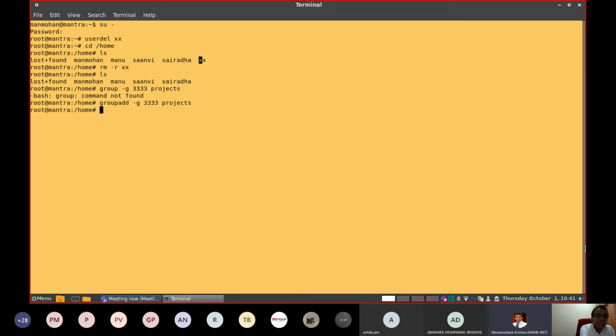Okay, how to create a user? useradd and -m and username. Then user deletion is userdel and username. Similarly, the groupadd command also. You have to enter groupadd to create a group with a specific ID. The group ID also you can set. Any unique number you can set to that. Now projects is a group. Then you can change the group. You can make members of this project team by the chgrp command, change group command, for any user. Any valid user's group membership can be changed to projects. In this way, you can work with that.